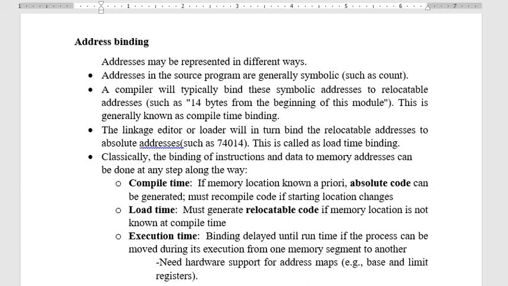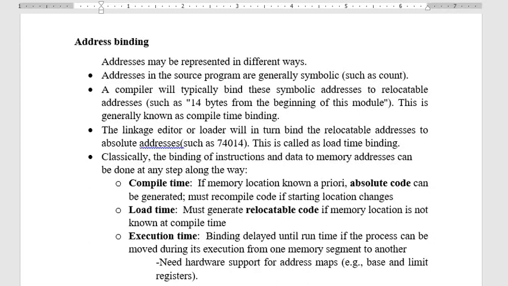Now whenever you load the program onto the main memory, obviously we have to deal with physical addresses, because the main memory deals only with physical addresses. When you load it onto the main memory, say I need to know the physical address of count. That can be known simply by having a base address: the starting address of the program is available in the base address.